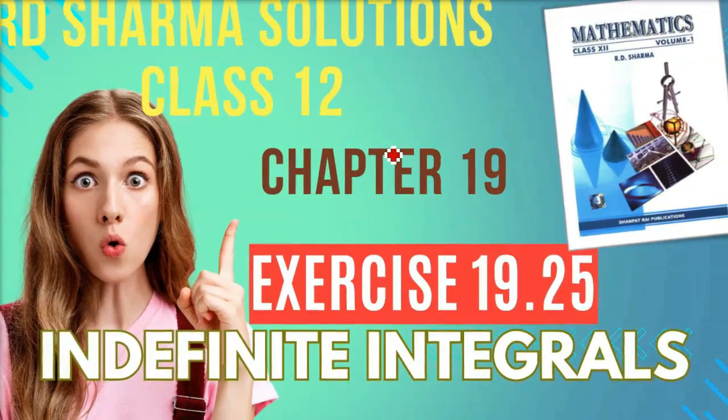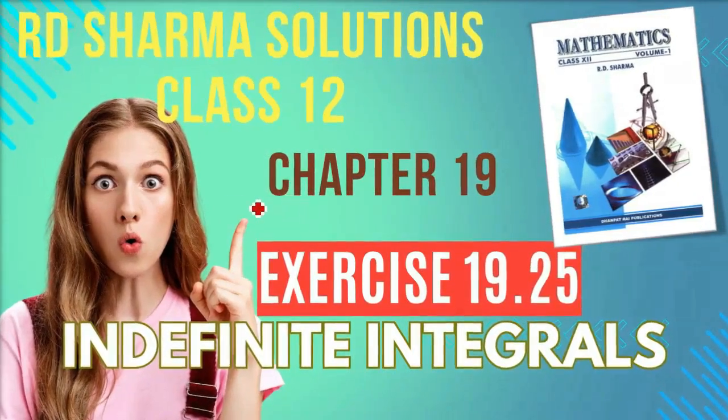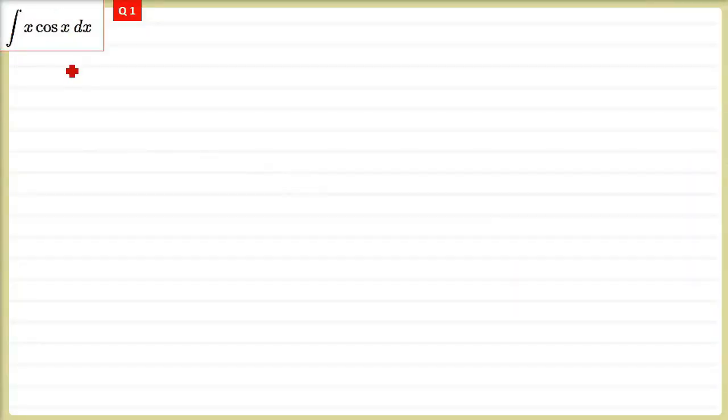This is R.D. Sharma solution class 12 chapter 19. Exercise 19.25, indefinite integrals, is what we are talking about. Now in this exercise we have to follow a formula or the result of two functions which are together to